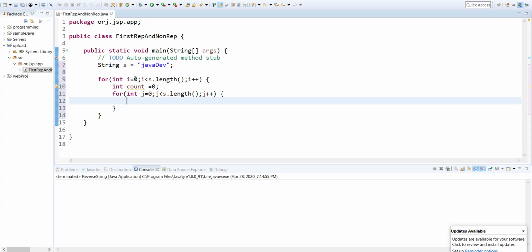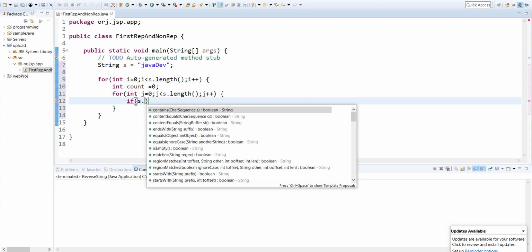Now initially i equals 0, meaning I am trying to refer to J. If that character is equal to any character, I will increment the count. So that after all iterations of this for loop, I will get the occurrence of that particular character. Let us write the condition here. To get the character at a given index, we have one inbuilt method called charAt.